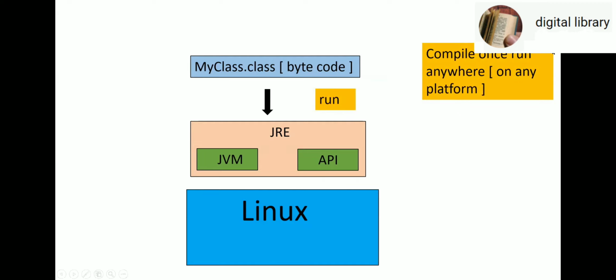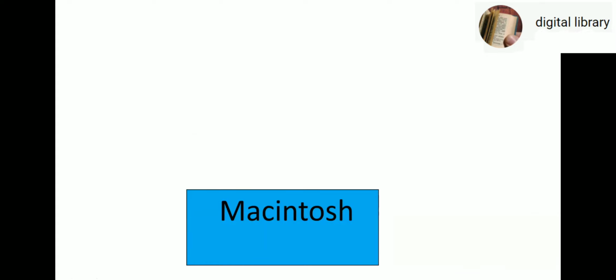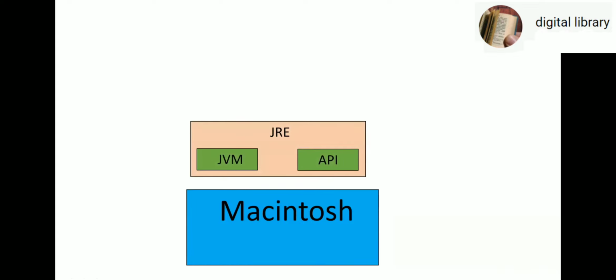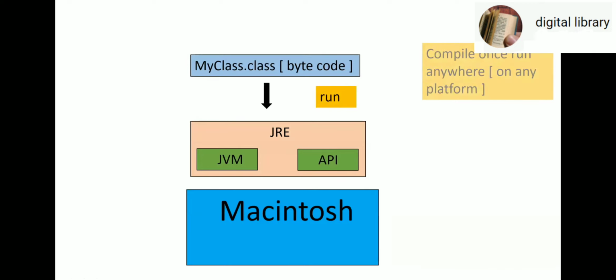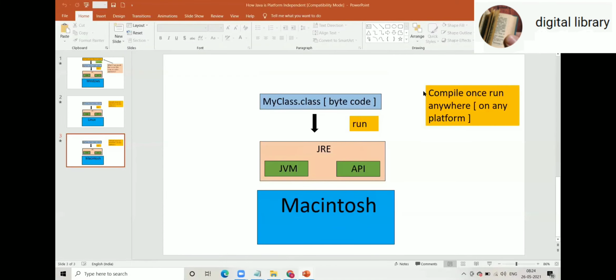Suppose I have one more operating system, Macintosh. So obviously what should be there as per Macintosh? The JRE should be there. Now, once again, how can you run that same program? You just need to take the bytecode and run that bytecode on the JRE. So compile once and run anywhere. This is the reason Java is called a platform independent language. I hope this difference between platform dependence and platform independence is clear. Why C++ languages are called as platform